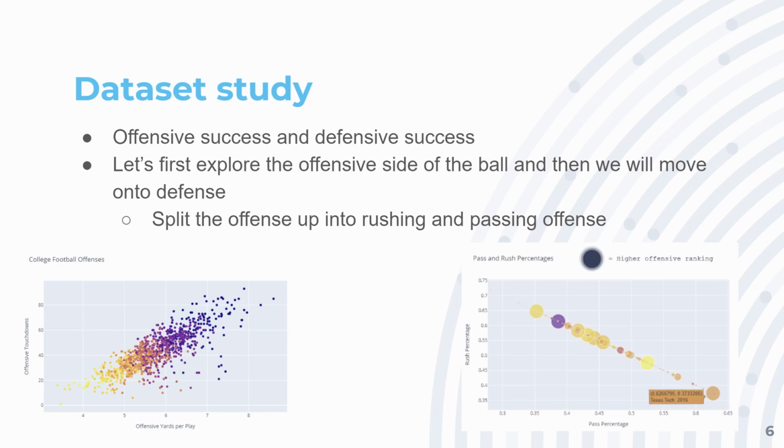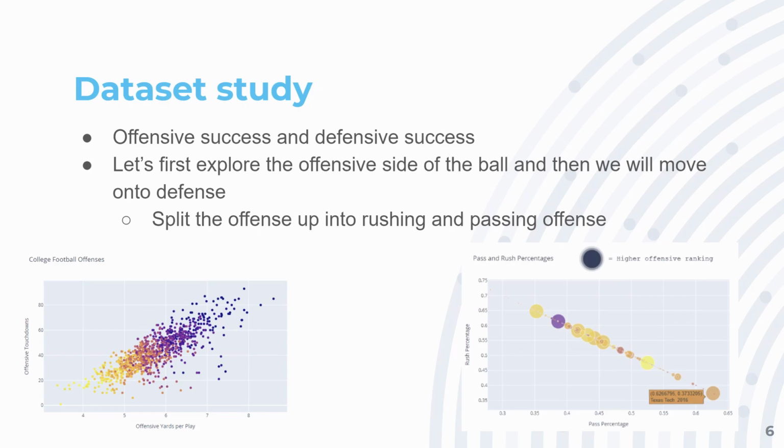So actually getting into the dataset now, looking at offense and defense and seeing how they perform seems to be a logical place to start. Because at the end of the day, if you can't score, you can't win. And likewise, if you can't stop the opponent, it doesn't matter how many points you score if every time they go down the field, they're converting the drive into points. So this is where we're going to start, and we'll do so by seeing if there's a correlation between rushing and passing offense and seeing if one has more of an impact than the other on the outcome of the